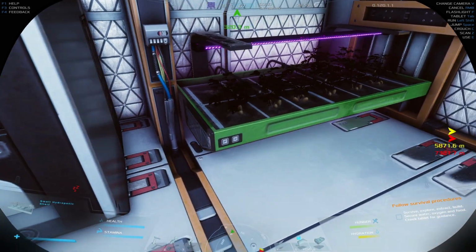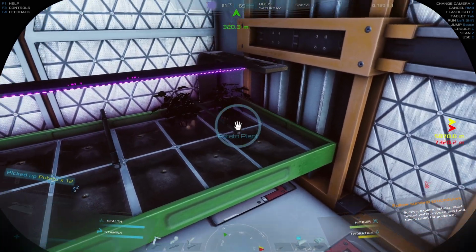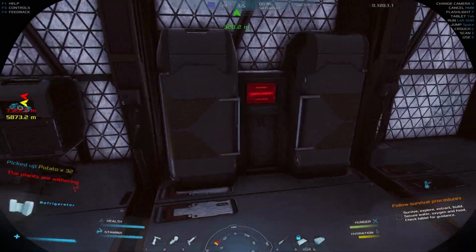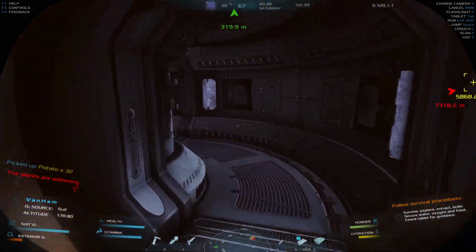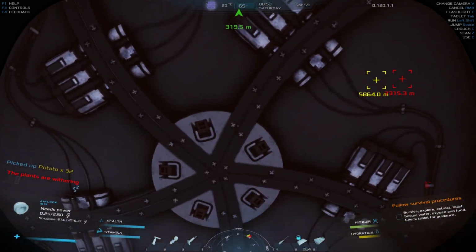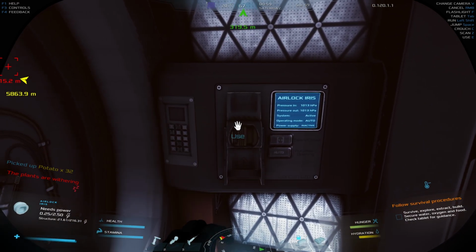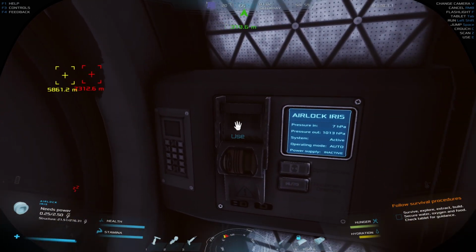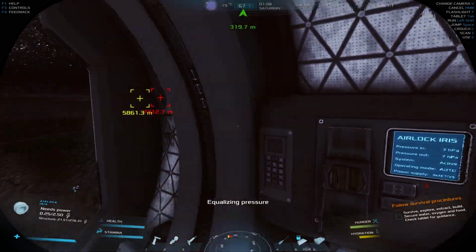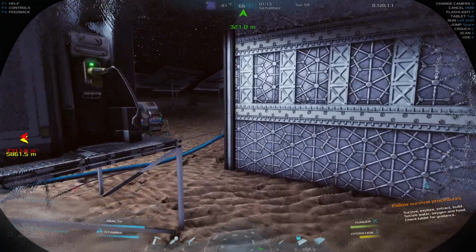Alright, so these are 50% grown. What I'm going to do is take these potatoes and put them all in the fridge. Oh no. Looks like we've lost power. Oh, crikeys. What's happened? What has happened here? Equalizer pressure. This is what's been happening. We've been losing power, I think. Come on. Equalizer pressure. Let's see what's going on out here with the power. We should be having plenty of power in here, but...